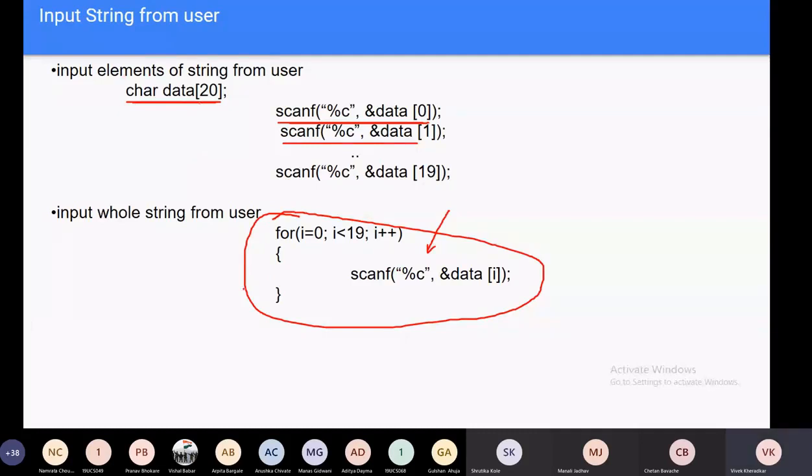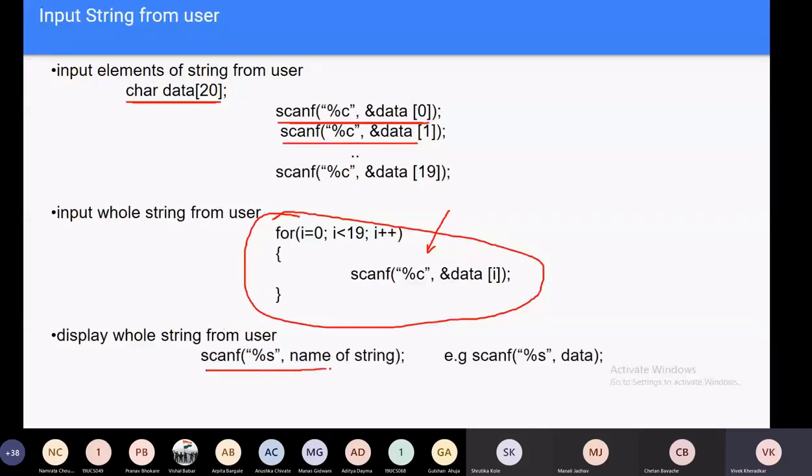For such cases you have to input the whole string from the user using either scanf %s with the name of the string, or gets with the name of the string. %s is the format specifier for inputting the whole string and storing it to that string. This is how to declare a string first.